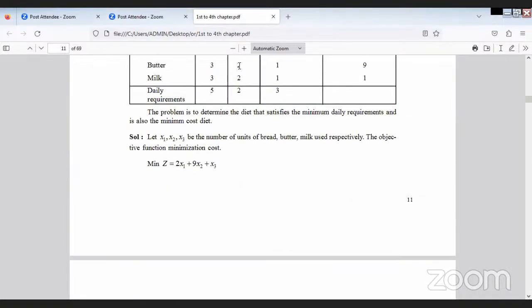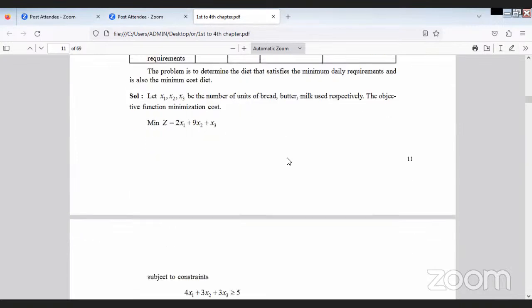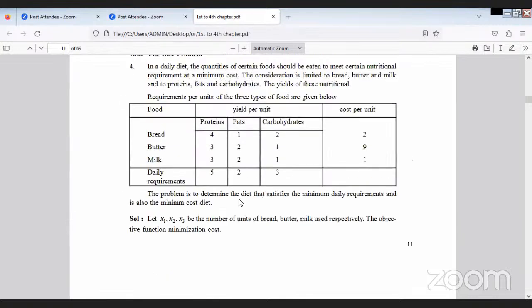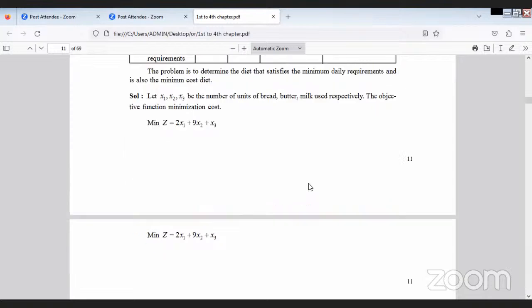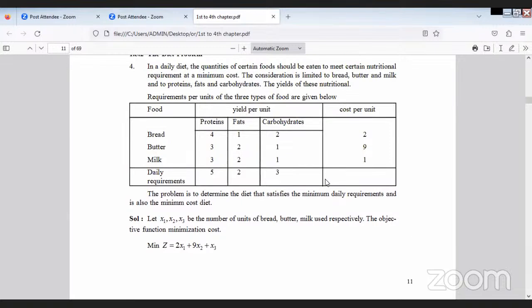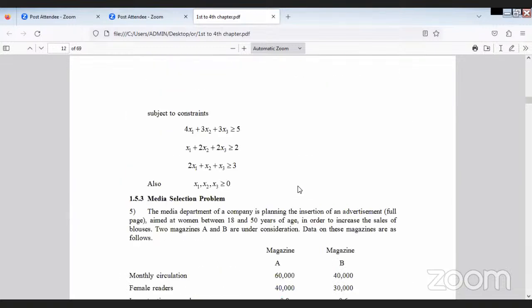Then 4x1 plus 3x2 plus 3x3 greater than or equal to 5. He took the first, then the second, then the third. x1 plus 2x2 plus 2x3 greater than or equal to 2, 2x1 plus x2 plus x3 greater than or equal to 3. Therefore x1, x2 greater than or equal to 0. So this is the one. And also we can take here